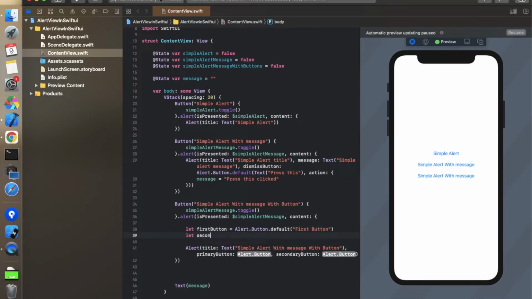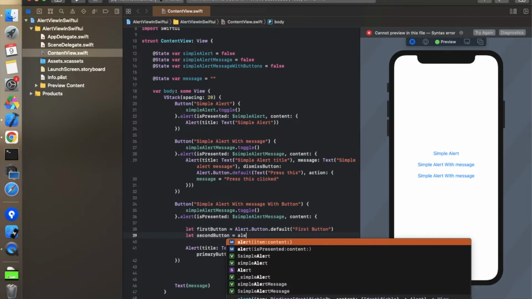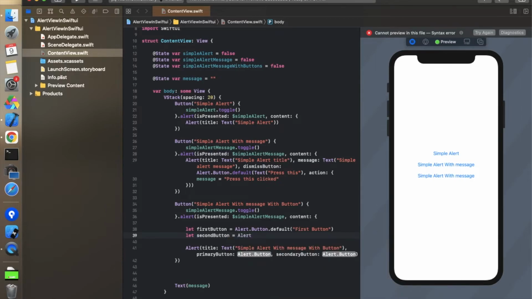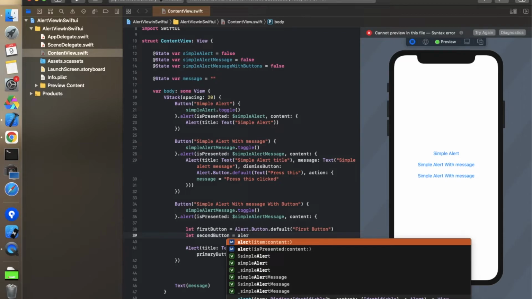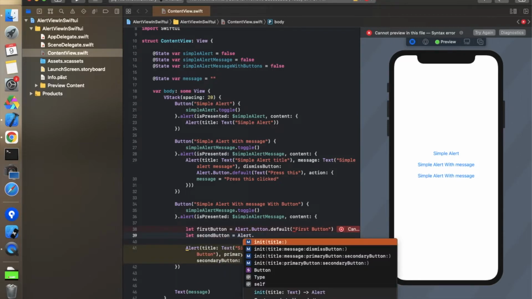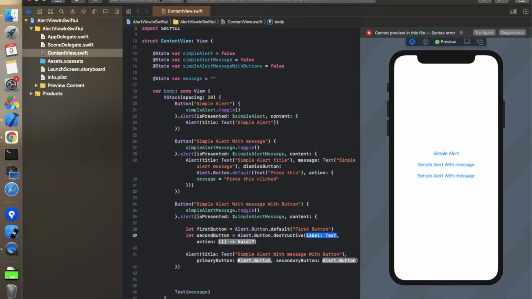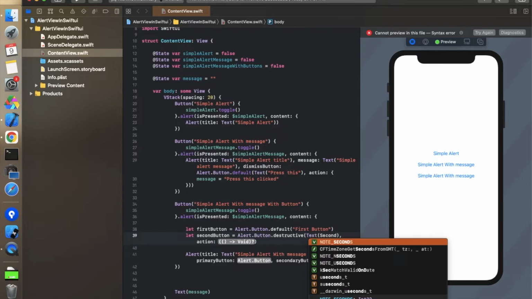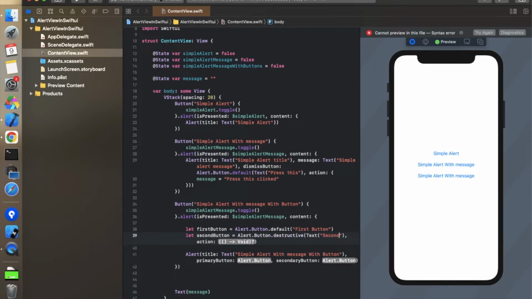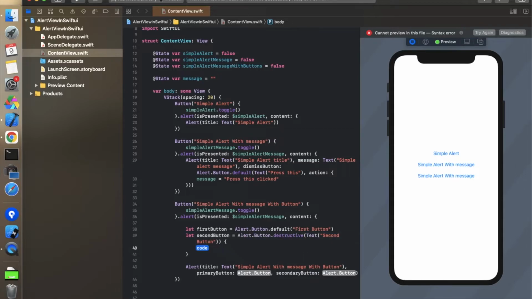And in this we have to pass first button like this. Let second button equals to alert dot button dot default. And okay fine, you can take second thing as something else, alert dot button dot default with action. So in this we have to pass the label second button, something like this, and in the action we have to update the message